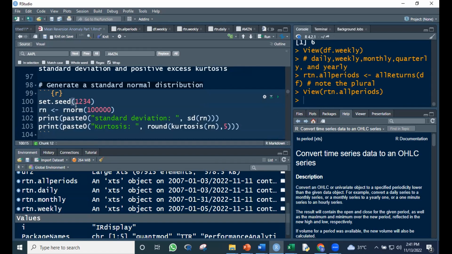And then let's generate random numbers, 100,000 sila lahat. Let's create this object called random number, Rn. And then, ipiprint natin, okay, yung word na standard deviation. Paste0 means ipiprint yung word na to with whatever the standard deviation of the random number is. And then, ganun din to. Print, paste0. Bali, ipagsasama natin yung character na to at saka yung character na to. So, yung kurtosis ng random numbers natin, 5 decimal places. Okay, so if I run this,